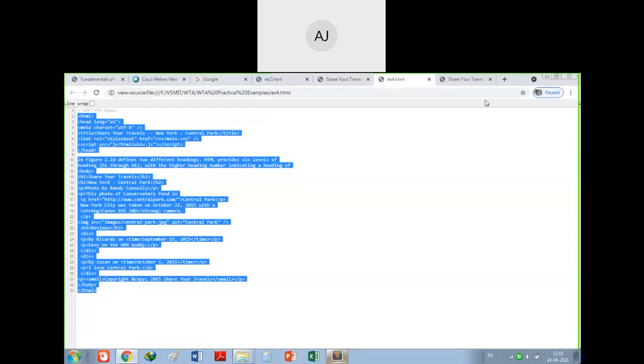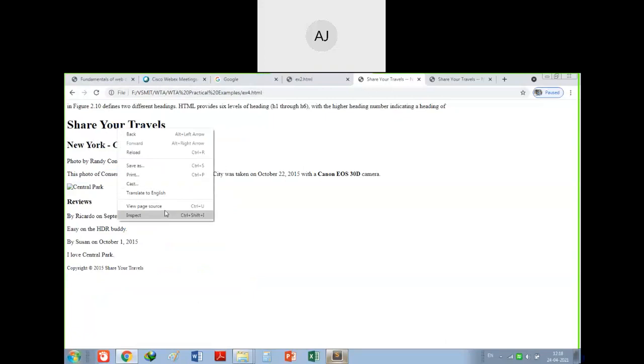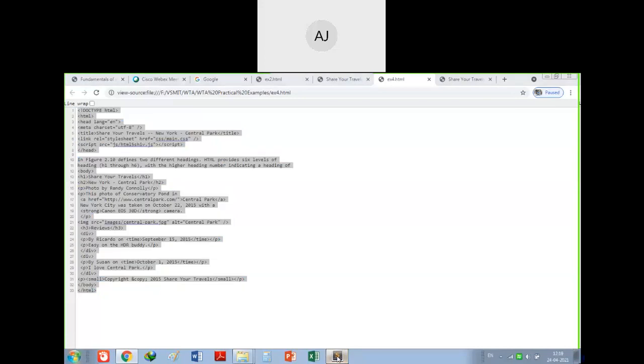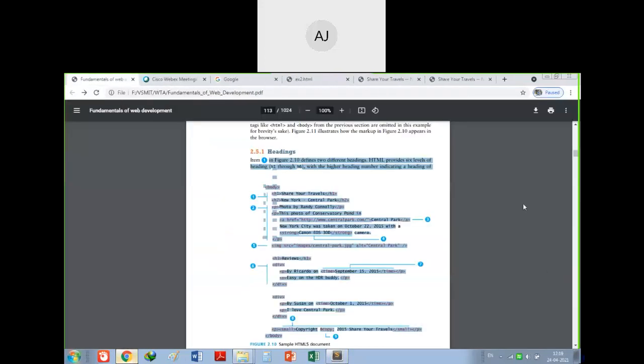See, just close this. Right click on this and say view page source. If I mention any PHP or CSS code, I cannot see it, only the HTML code I can see. See here, he has mentioned link rel equal to stylesheet, href equal to css, but this particular file has not been shown. The HTML code whatever I have written has been shown. That's why HTML code is not secure. So this is about the first topic, that is headings.